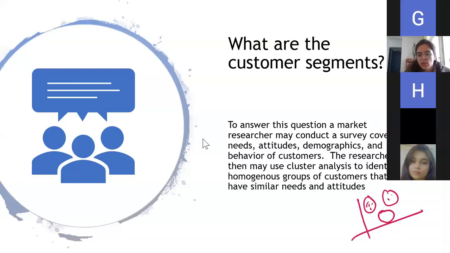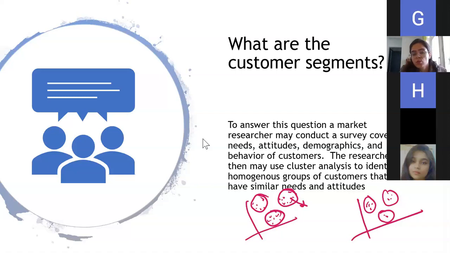So this is a market and we have these different clusters. Basically, we had this data on their needs, attitudes and preferences. Then we run cluster analysis and we find that this is one cluster, this is a second cluster, and this is a third cluster. It's a statistical way of clubbing together individuals who are homogeneous. Individuals in these clusters are homogeneous, whereas if we compare these two, they are heterogeneous.